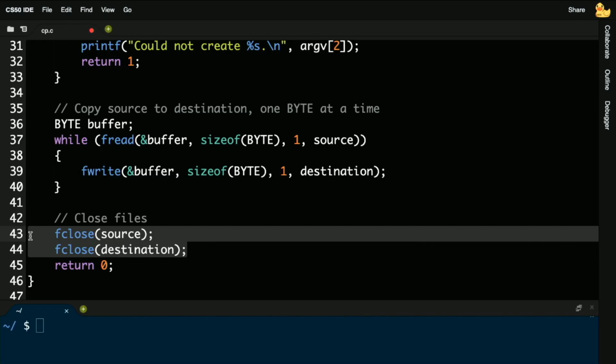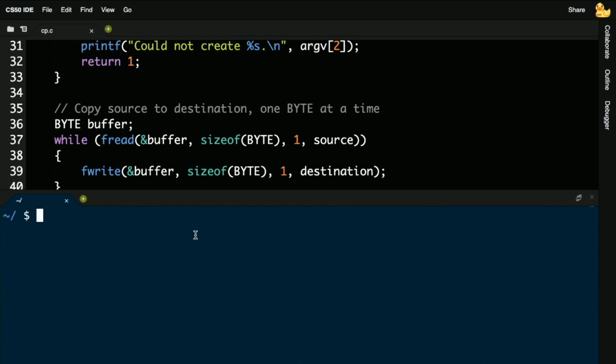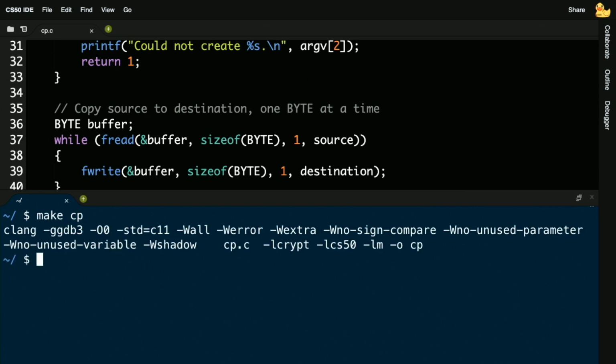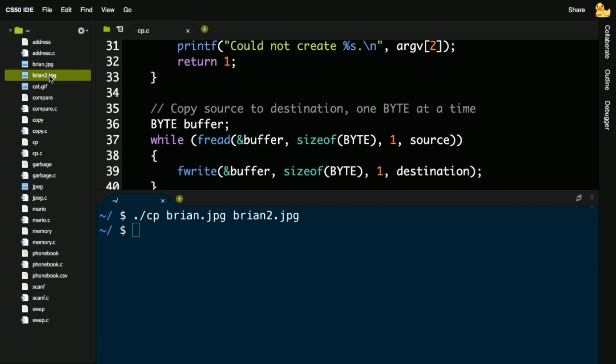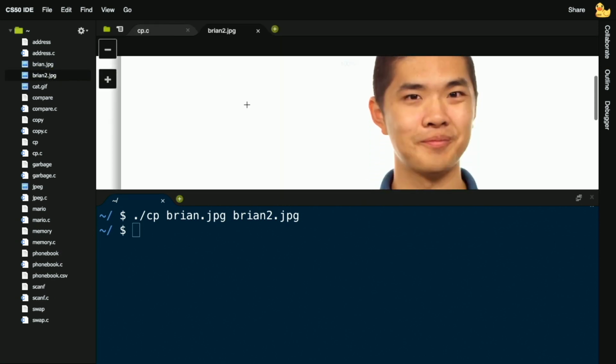And these last 2 examples, deliberately fast, because this whole week will be spent diving into file I/O and images thereof. But all that we've done is use fread, fopen, fwrite, and fclose to manipulate those very files. So for instance, if I now do this, let me do make cp. OK, seems to compile. ./cp brian.jpg, how about brian2.jpg? And hit enter. Nothing seems to happen. But if I go in here and double click on brian2, we see that we have a second copy of Brian's actual file.